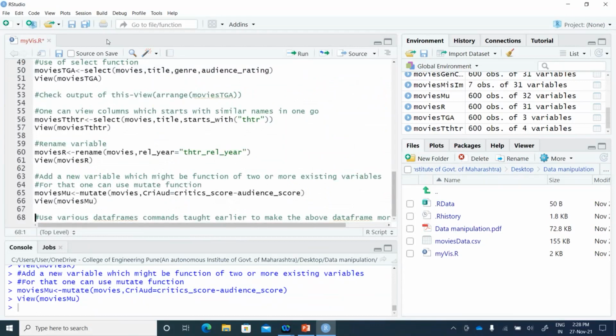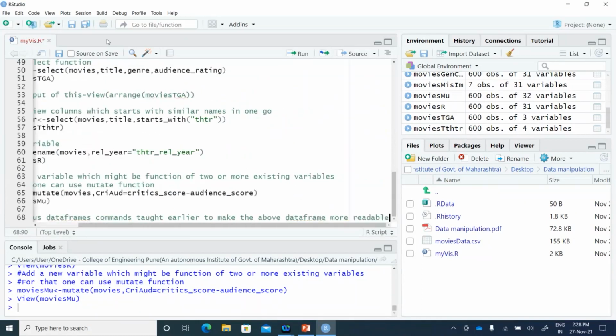Now, I've given you a very basic idea about how different functions in dplyr could be used. But they could be used in combination with the commands which we had seen for data frames, because ultimately we are using functions to handle data frames, isn't it? So I want you to use various data frame commands taught earlier to make the above data frame more readable.